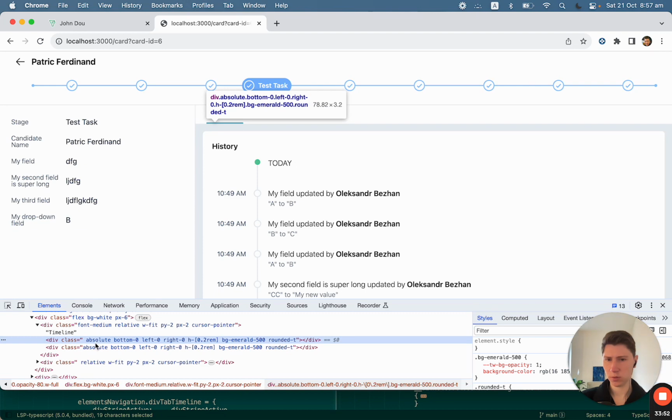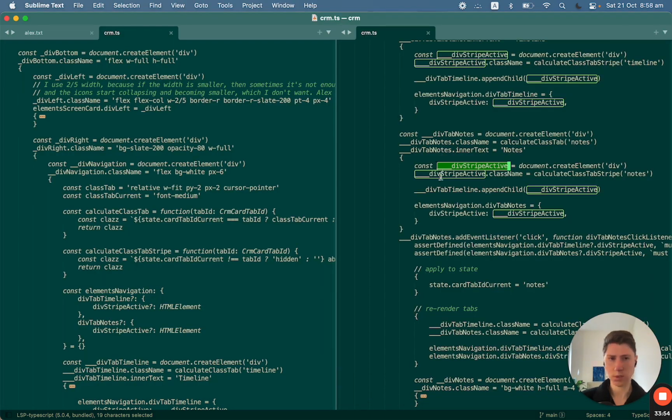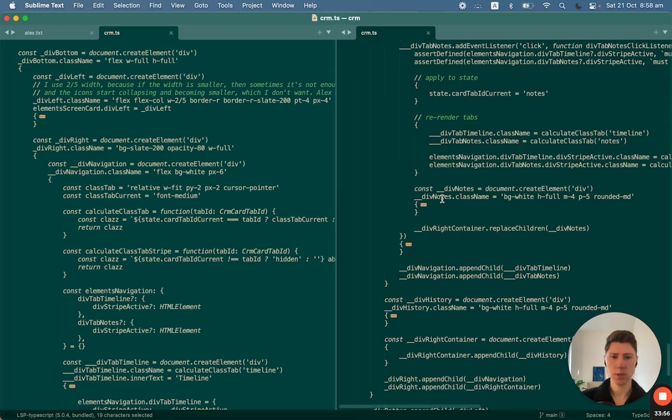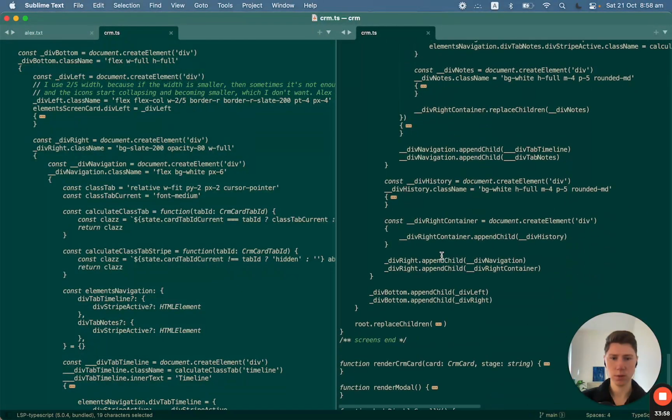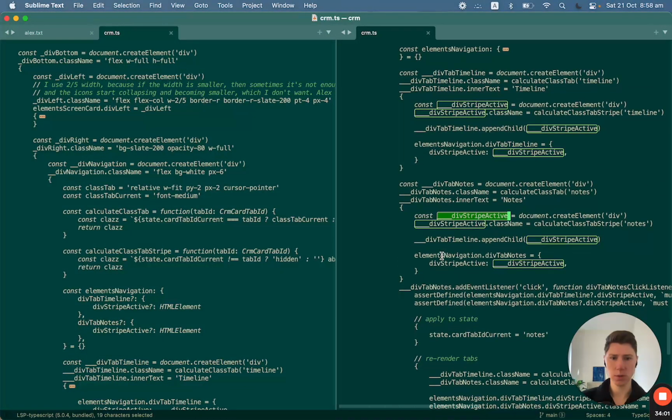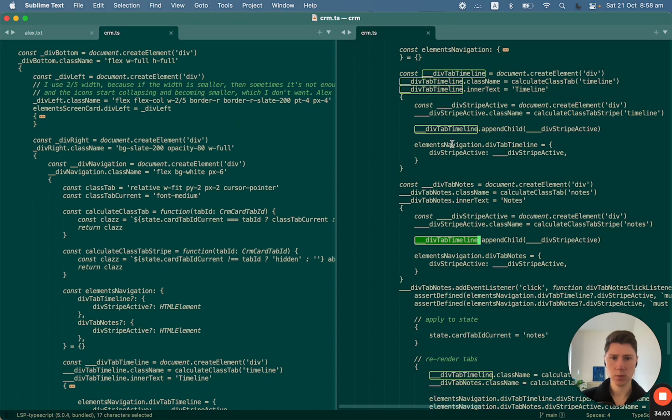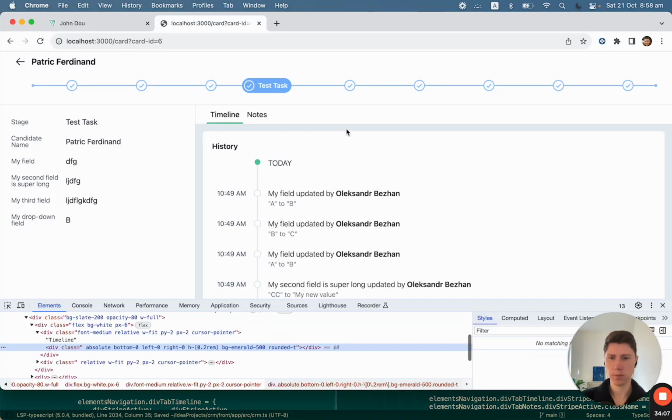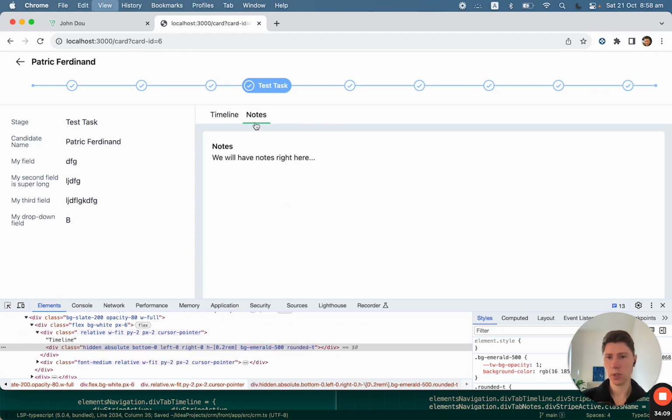So we have kind of two stripes. Oh, yeah, that's not good. So in the nodes we want to use this tab. Yeah. So now we can navigate and it's good,